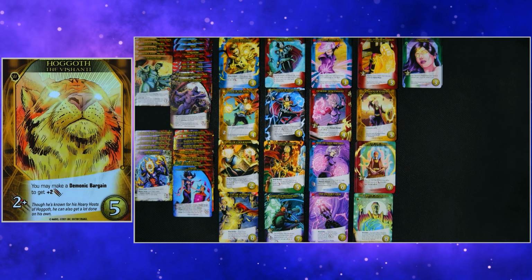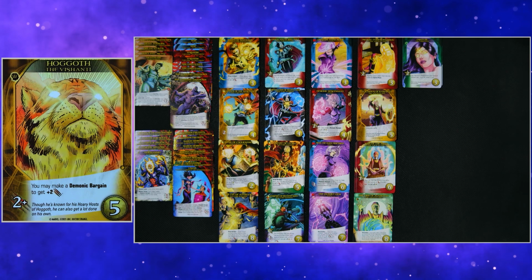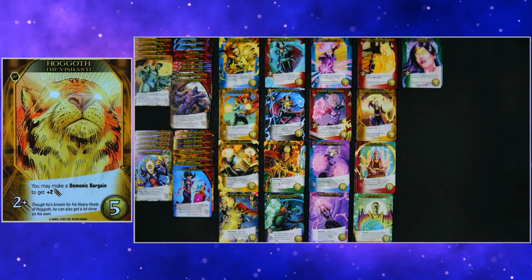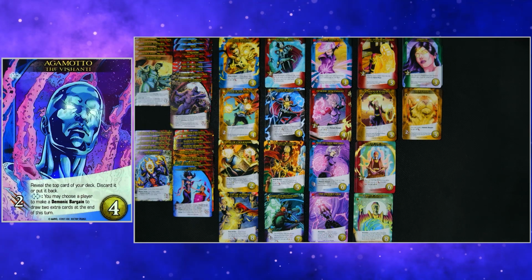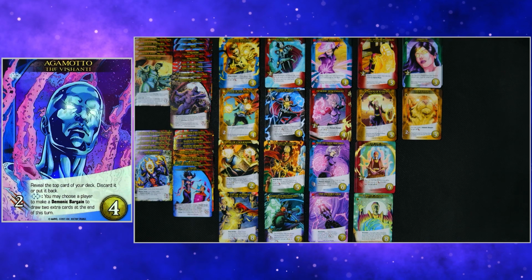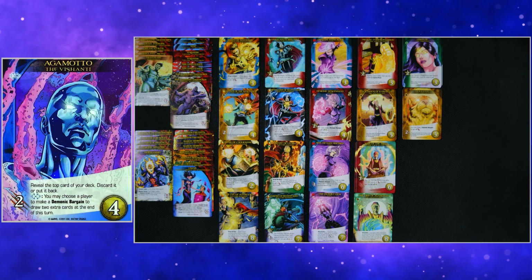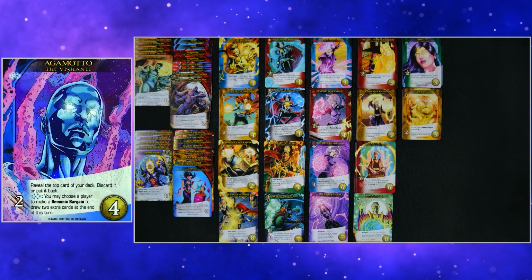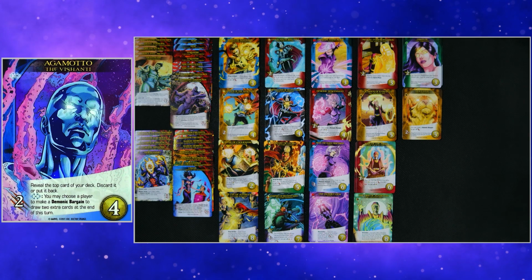Very interesting. I love the art. I know these gods take different forms, so it's cool to see the forms that are chosen here. I wonder where those are pulled from exactly. And there's Agamotto looking for his eye and his orb. This is a ranged card with 2 attack and a cost of 4. Reveal the top card of your deck, discard it or put it back. Ranged, you may choose a player to make a demonic bargain to draw 2 extra cards at the end of